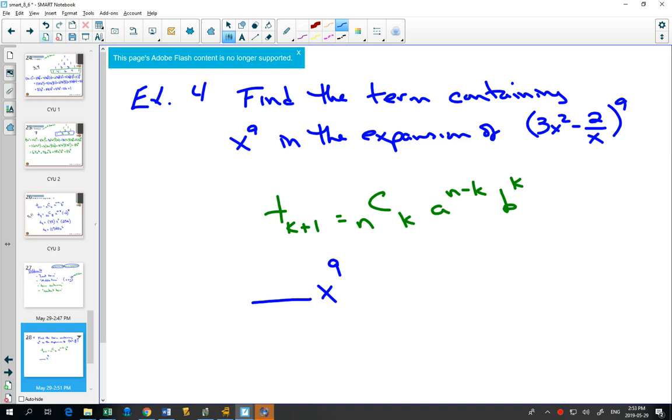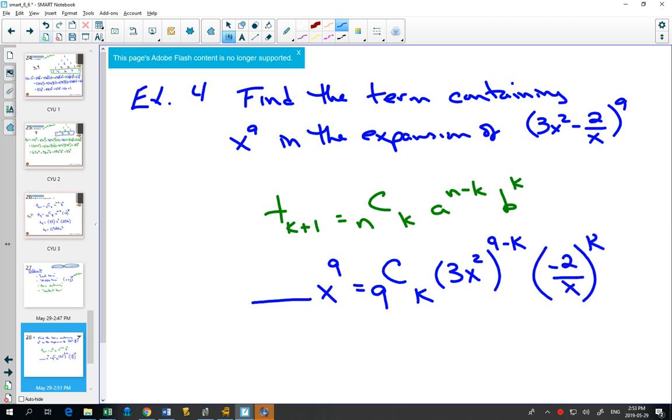If we plug in everything we know into our formula, we would have n is 9. We don't know k. A is 3x squared to the 9 minus k. And b is negative 2 over x to the k. We can't do much with this because we don't know k. However, if we, and we'll write this down,